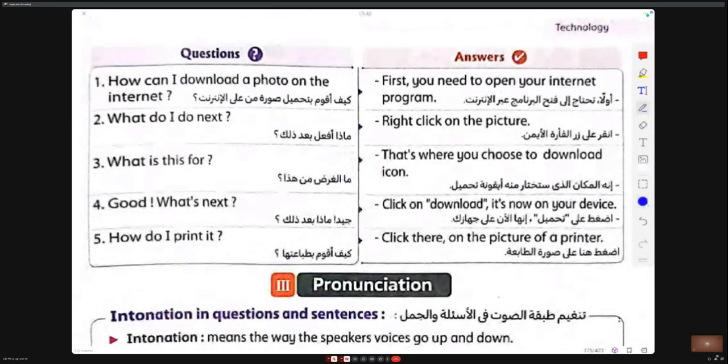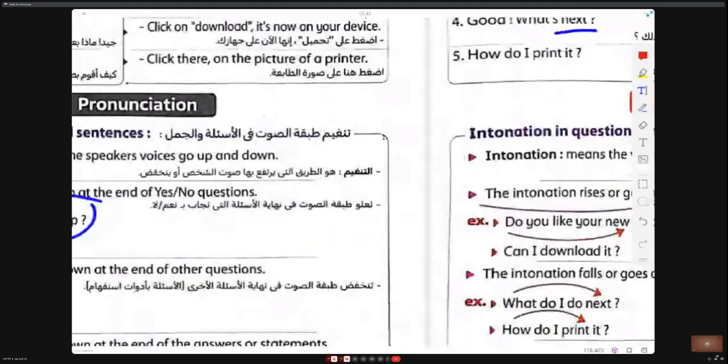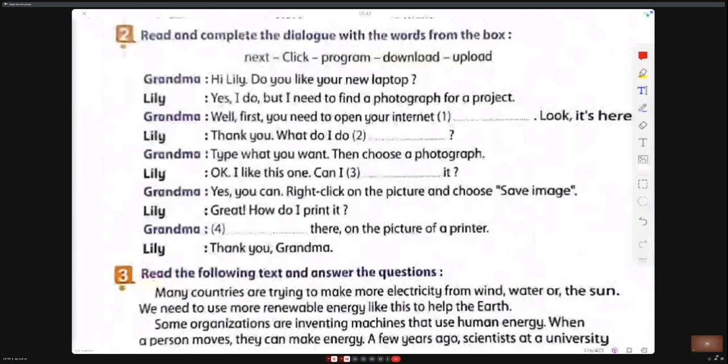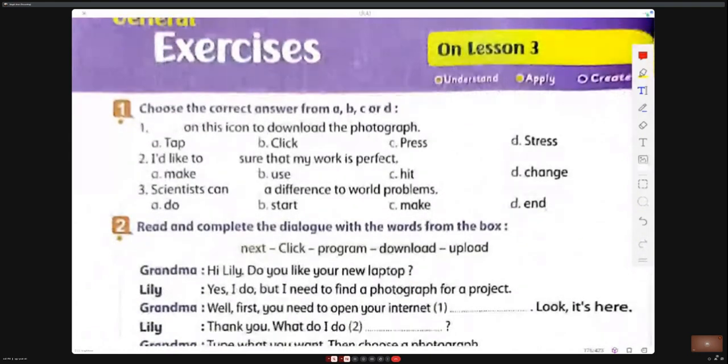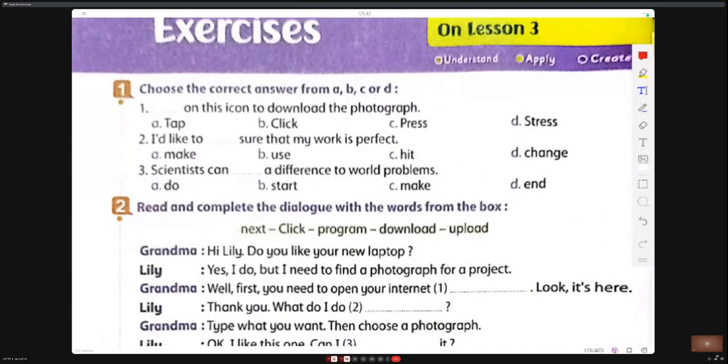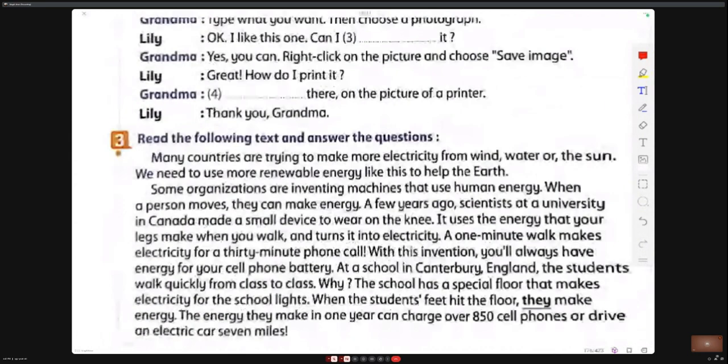Luigi, the same page. Okay. Luigi, let's start in the next lesson.